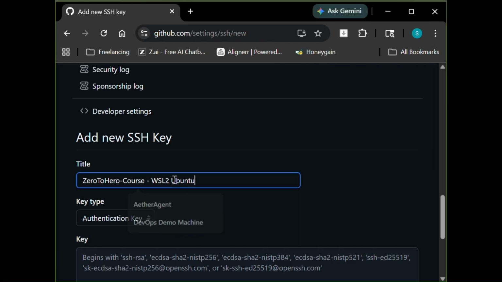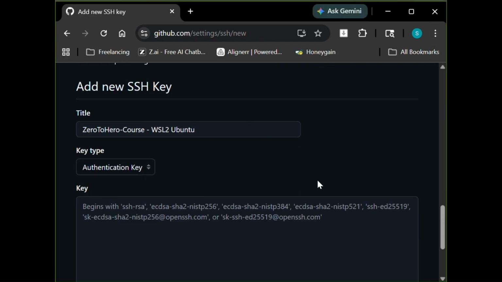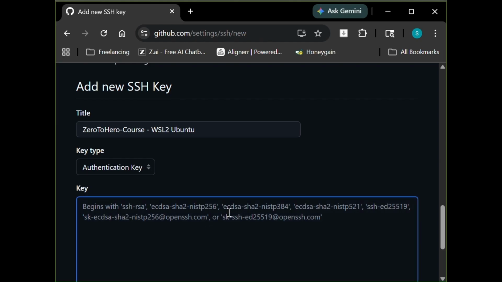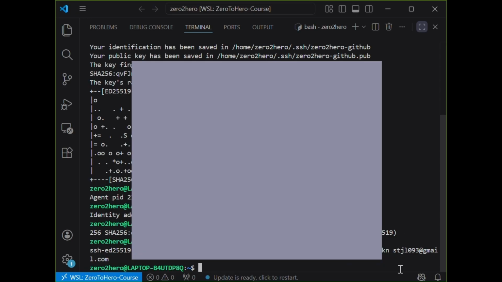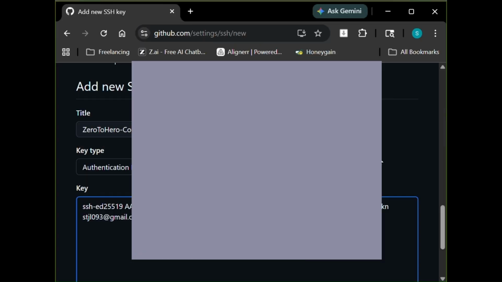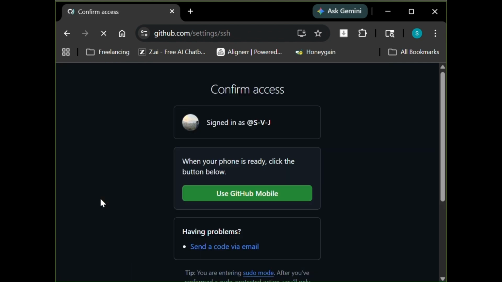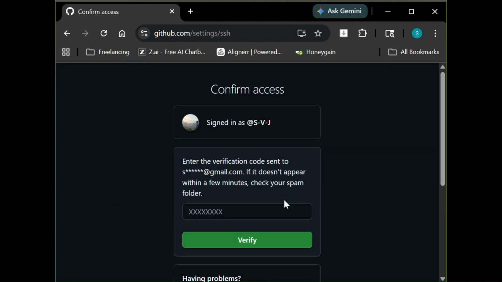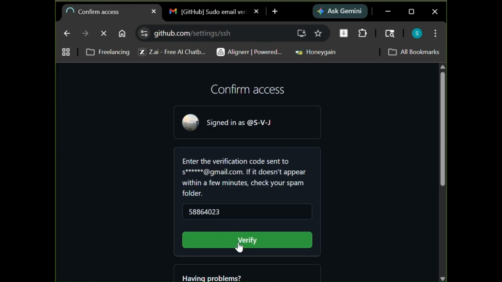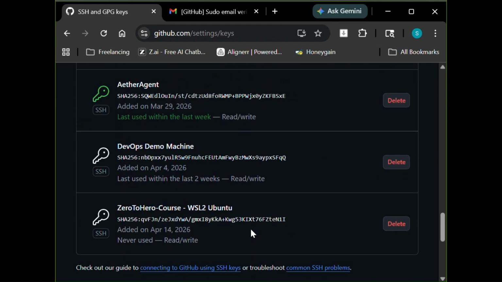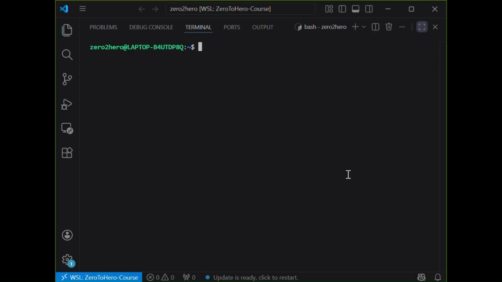I will call mine Zero to Hero Course - WSL2 Ubuntu. In the key field, paste the public key you just copied. Make sure Authentication Key is selected. Then click Add SSH key. GitHub may ask for your password. Enter it to confirm. Done. Your computer and GitHub are now connected by SSH.